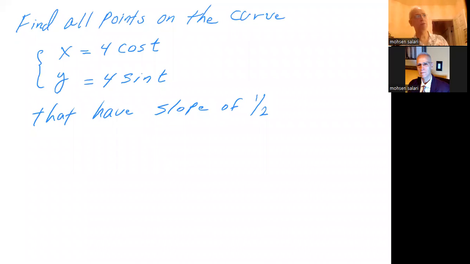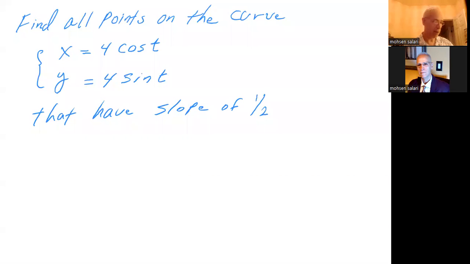Flow Calculus 3. I want to do a couple of examples for you just for the sake of discussion. Find all points on the curve x equals 4 cosine of t, y equals 4 sine of t that have slope of 1/2. Okay, so the first thing that I'm going to do here, I'm going to find what is